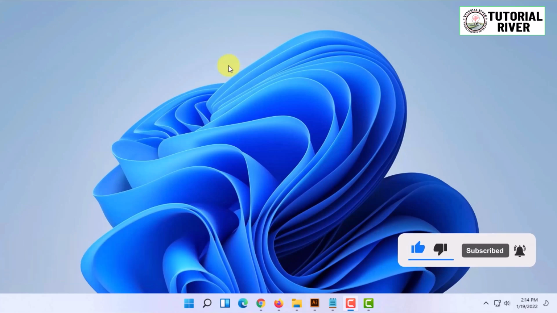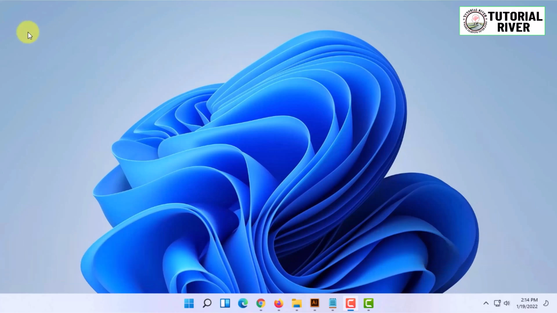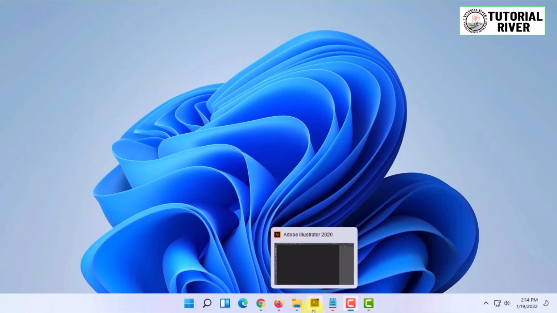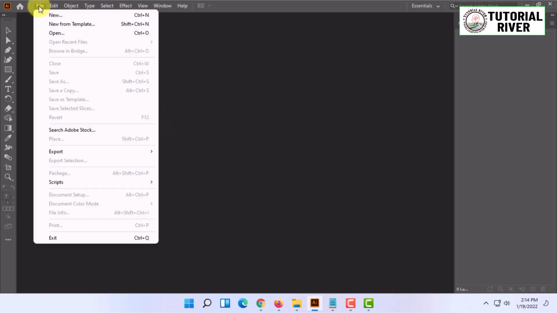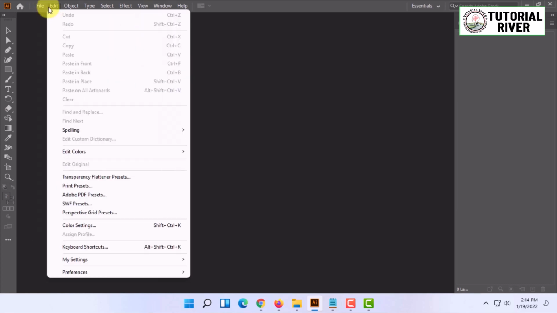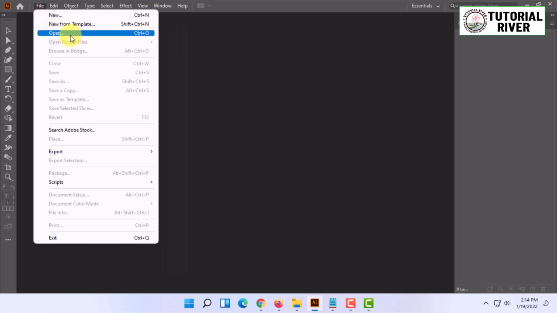Or you can open files in Adobe Illustrator, basically .ai files. So for that you have to open your Adobe Illustrator, and here you will find the File option. You have to click on that. You will find the Open option here. You have to click on that,